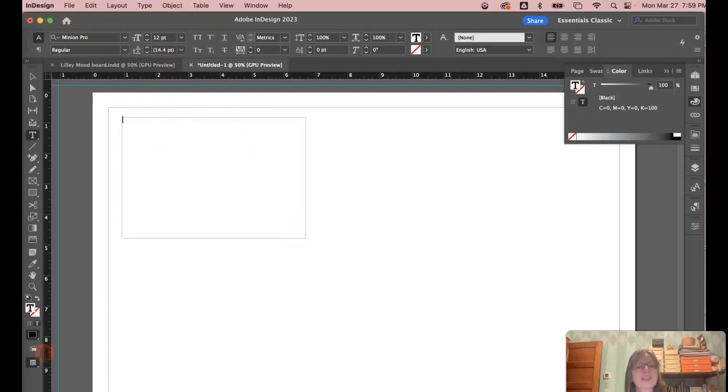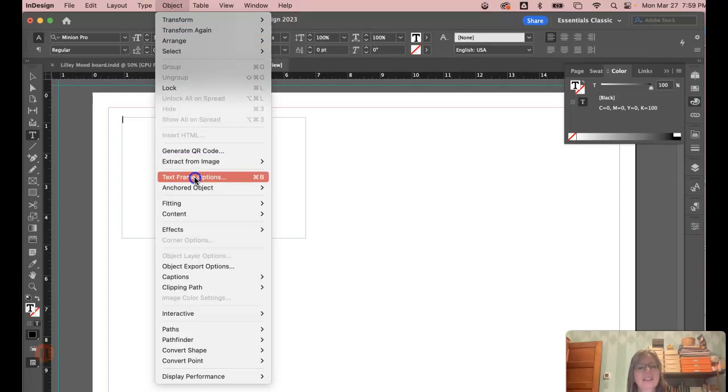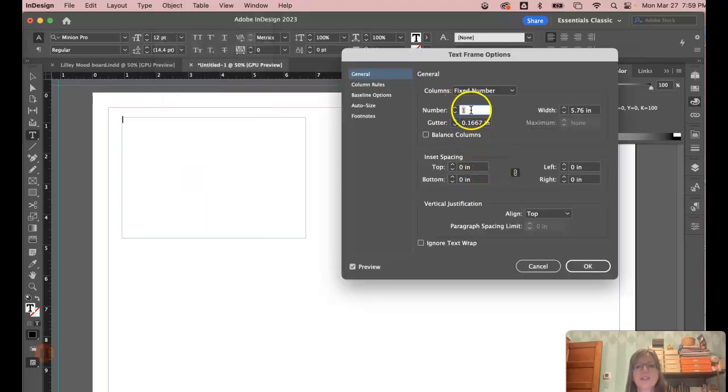From here, the menu at the top is generally self-explanatory. However, this is a type box and I would think I would be going to type, but it's considering it an object. It's a box. So I'm going to go to Object and I'm going to go to Text Frame Options. Okay, so I'm working with text and I'm going to create multiple columns in this box. The number of columns I want to have is 6, and the gutter is the little space between the columns, and I want you to make it 0.25. So when you see this image on the left, when I hit OK,